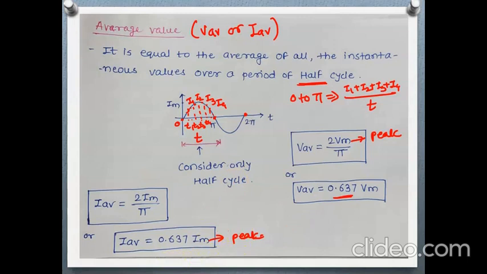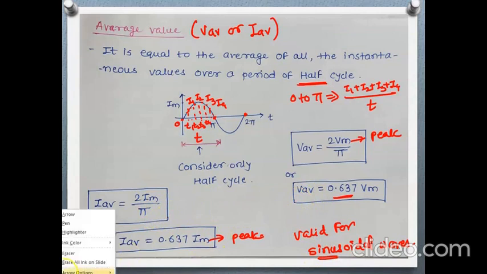In this manner, with the help of these expressions, we can calculate the average value and RMS value of an AC quantity. Remember this, these are valid for sinusoidal waves only. Okay, sinusoidal quantities. These expressions of voltage and current are valid for sinusoidal waves. If the AC supply is a triangular wave, then the expression may not be valid.